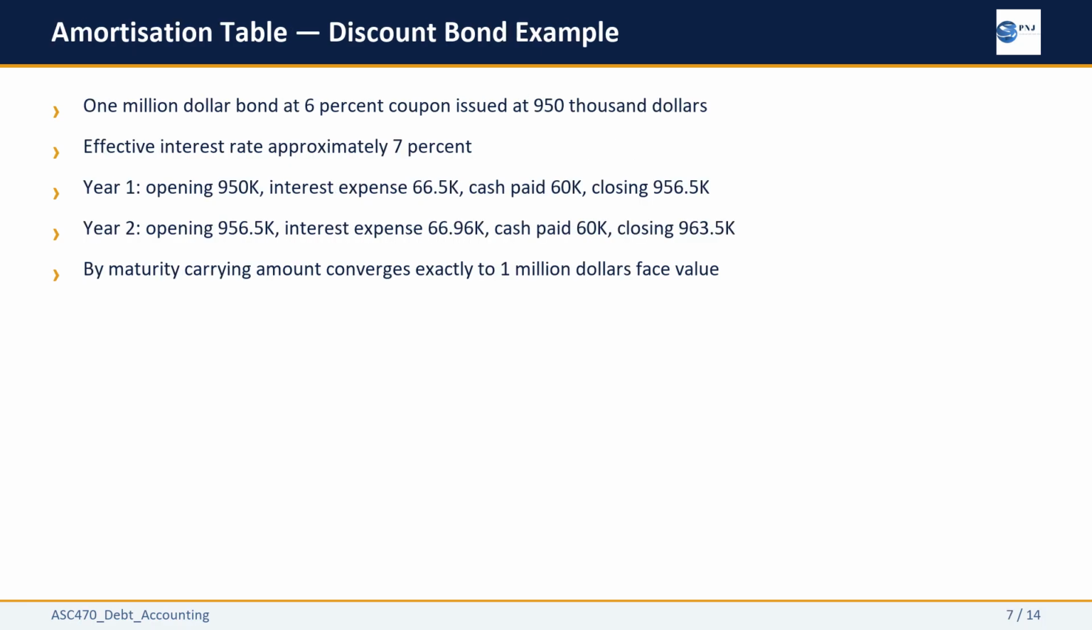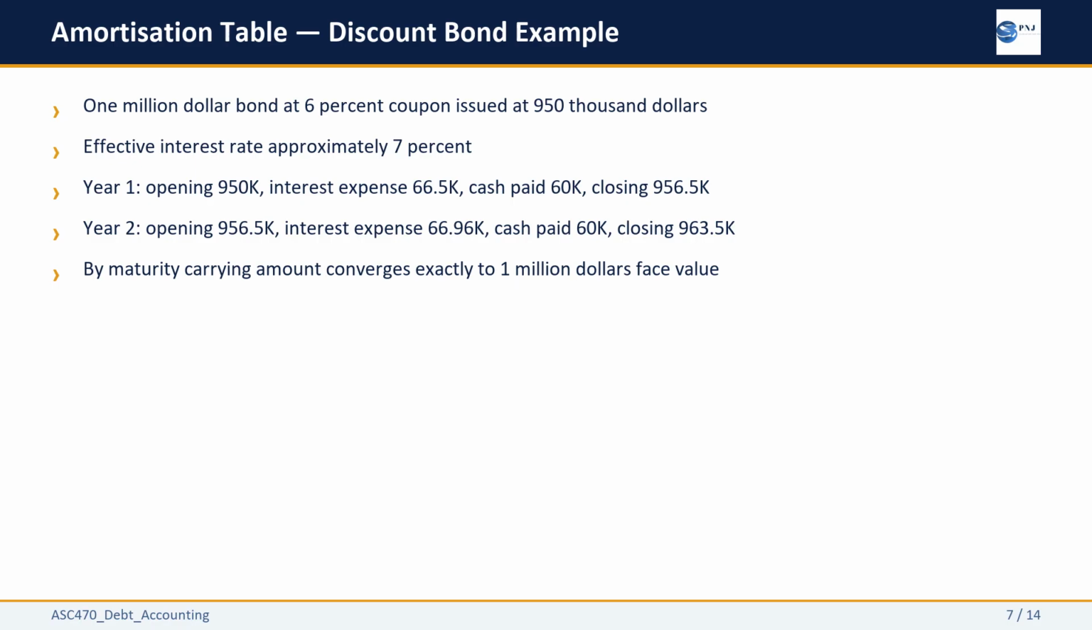Let us make this concrete with numbers. Imagine a bond with a face value of $1 million, a 6% coupon, but issued at only $950,000 because the market demanded a 7% yield. In year one, you apply the 7% effective rate to the $950,000 opening balance. That gives you